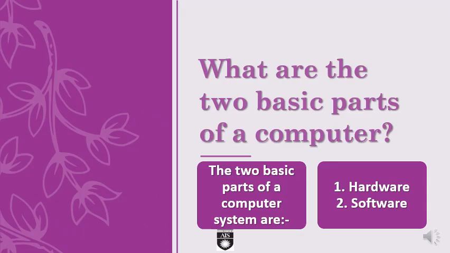When we start learning about computers, we shall know and understand two basic terms that we will use frequently in computers. The one is hardware and the other is software. These are the two basic parts of a computer. Let us know about hardware and software in detail now. But today I shall be discussing the hardware portion only.